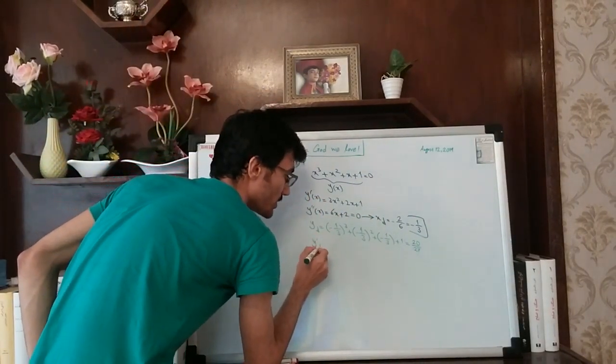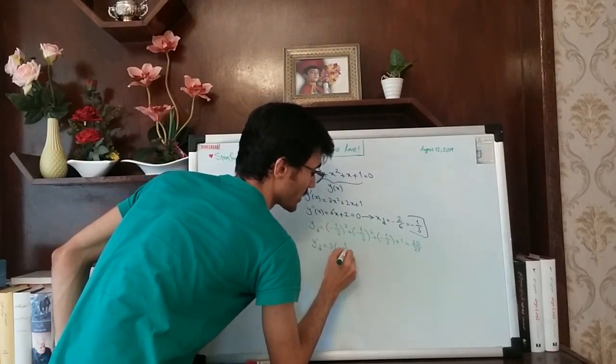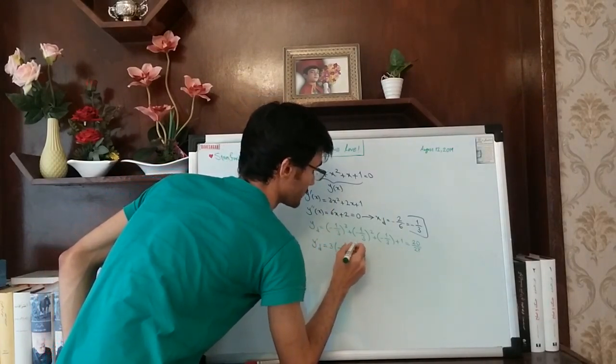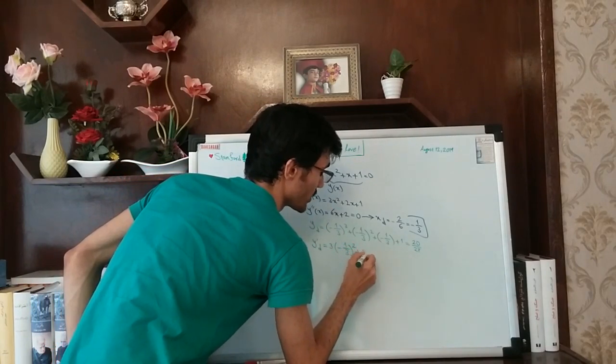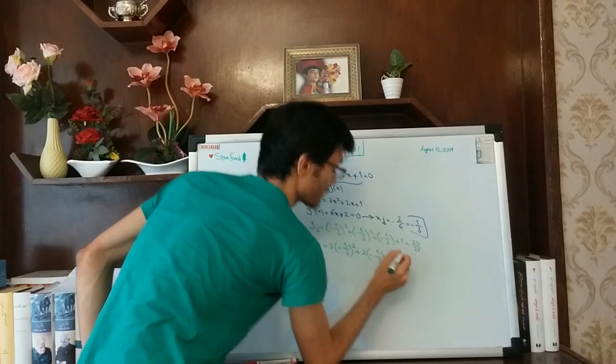And y prime d equals 3 times negative 1/3 squared plus 2 times negative 1/3 plus 1 equals